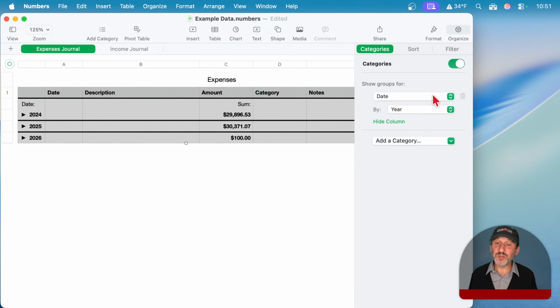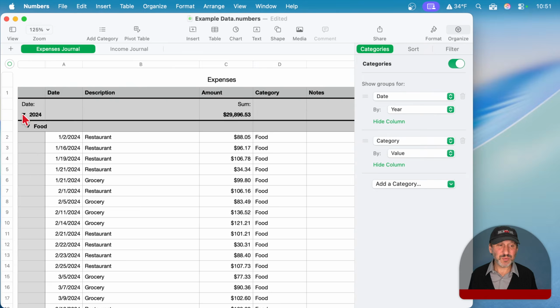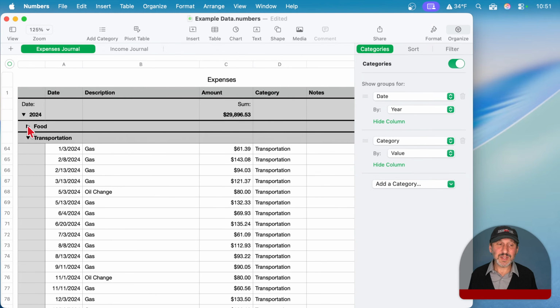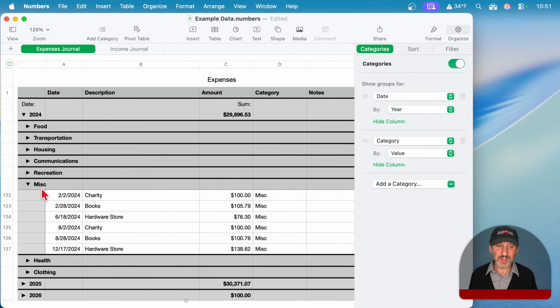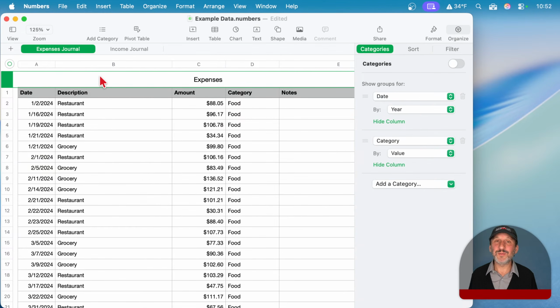You can even have multiple categories. So I could do date and category. So now if I expand 2024, inside 2024 is all of these subcategories, and I could look here for all the miscellaneous stuff. So categorizing is really useful,